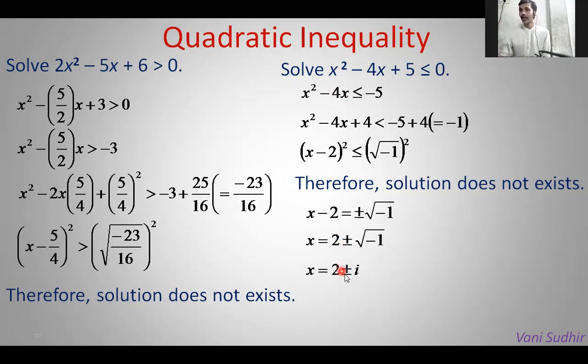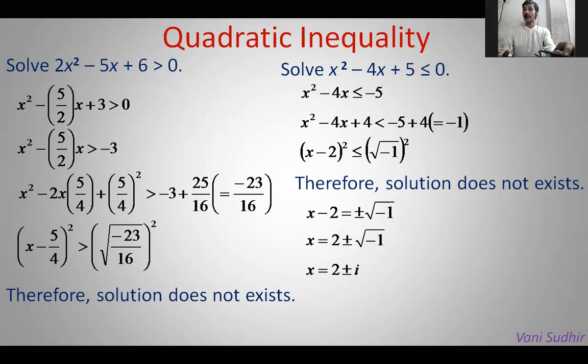Okay, if you multiply them, you can apply the a square minus b square identity. 2 square, 4. i square means minus 1. Here a square minus b square means 4 minus of minus 1, that is plus 1. 4 plus 1, 5 you will get. Product of the roots you will get 5. Okay, this is how to solve algebraically.